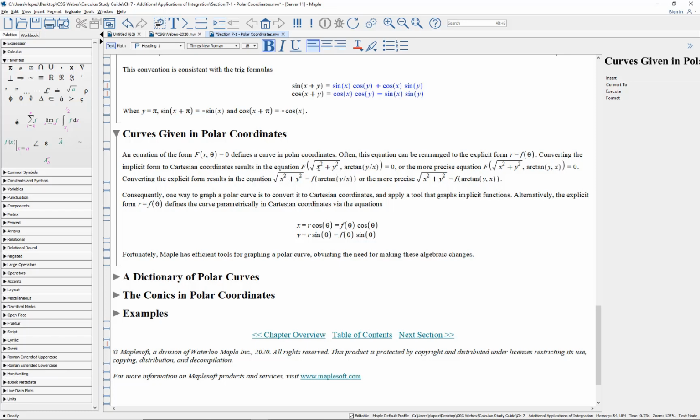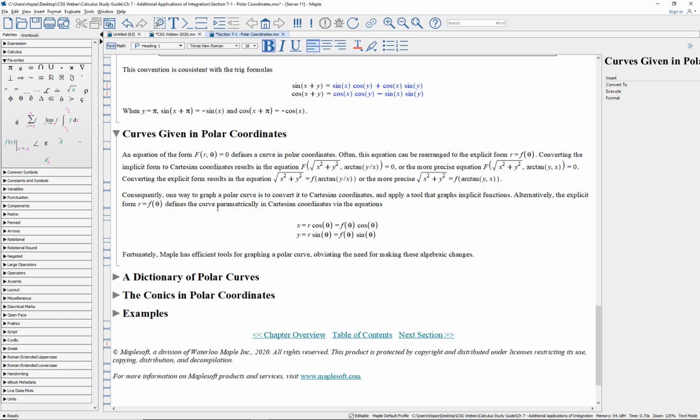Then the r's are replaced by this square root, and the thetas are replaced by an arctangent, or better yet, an arctangent with two arguments, so you have a more precise location of the angle, quadrant-wise. If it's in the form r equals f of theta, then you would replace the r with that square root, and the theta is replaced by an arctangent of y over x, or y comma x. Okay, so